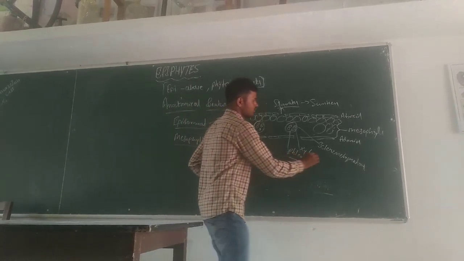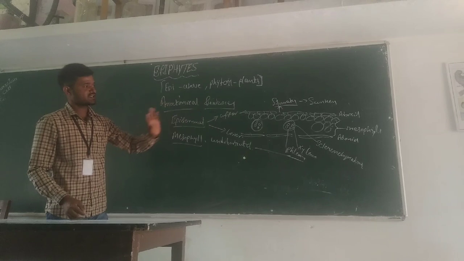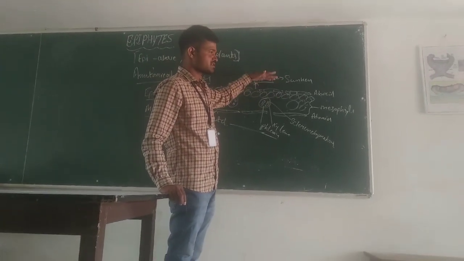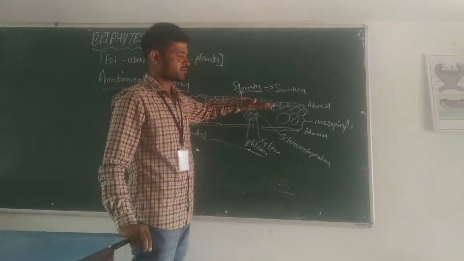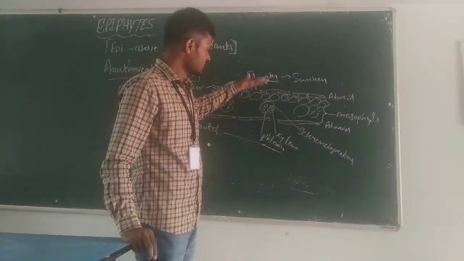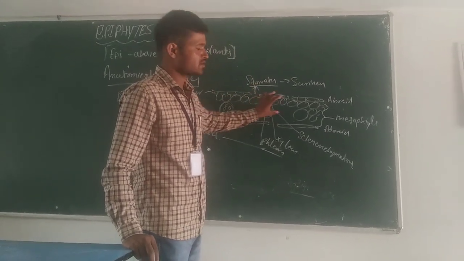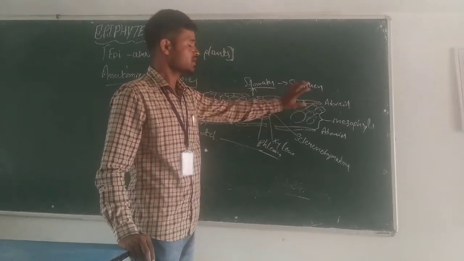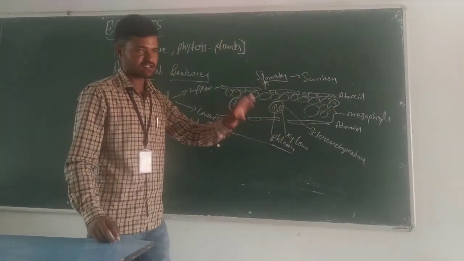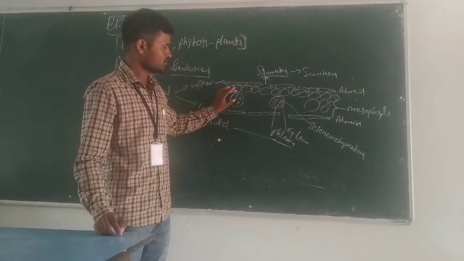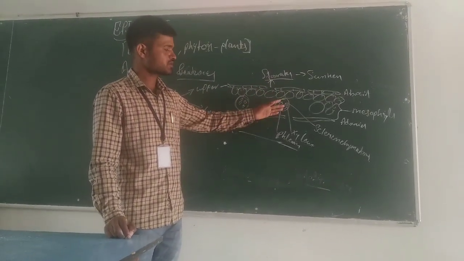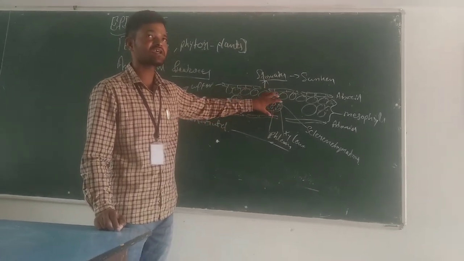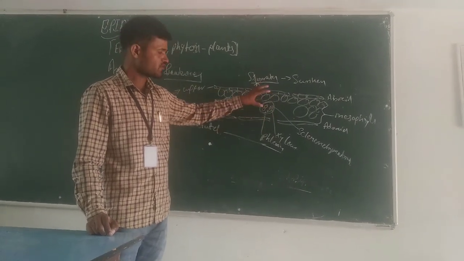Very important features, once again: the epidermal region, abaxial surface and adaxial surface. There are small pores called stomata. These stomata are sunken in nature for prevention of loss of water and transpiration. Next, the vascular bundles are arranged in the mesophyll region in a single row, and a large vascular bundle is present in the region of the midrib. These vascular bundles do not bear cambium, but are covered by a sclerenchymatous sheath, which is helpful for protection of the vascular bundles.